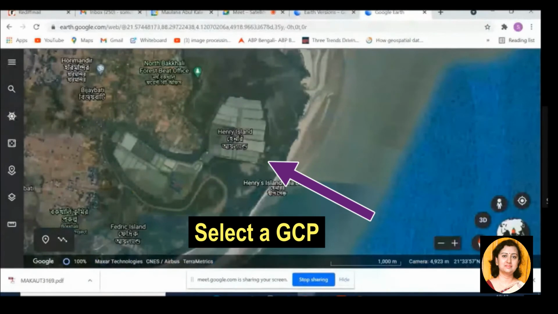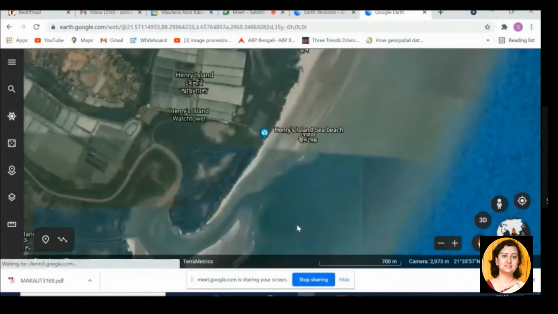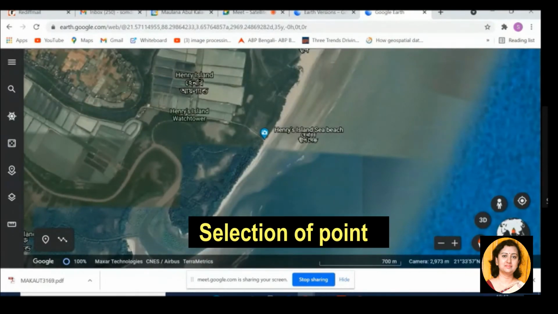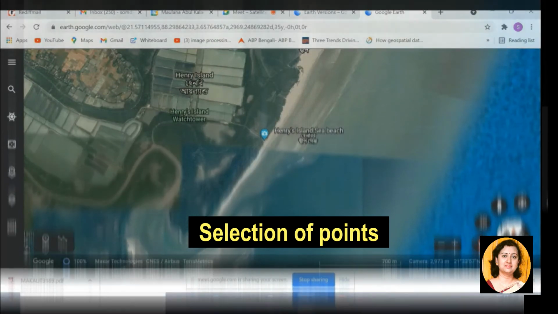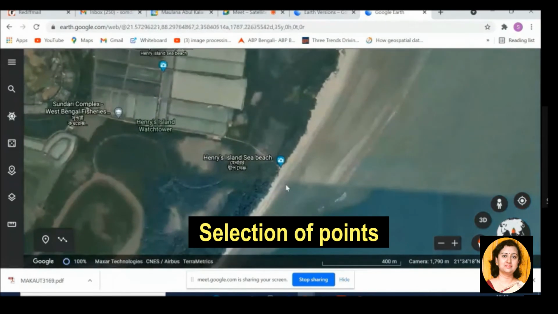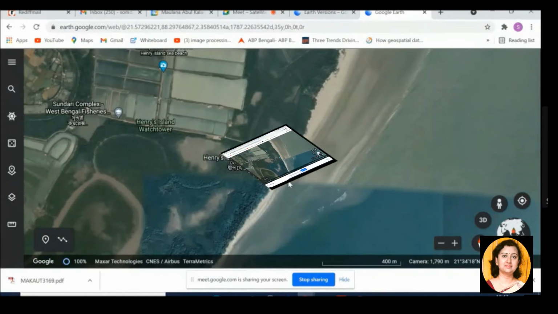The location should be such that it is easily identifiable. I was telling you when I was discussing selection of GCPs, the location should also be identifiable on the uncorrected image, plus it should be consistent enough, like it should not change over time.